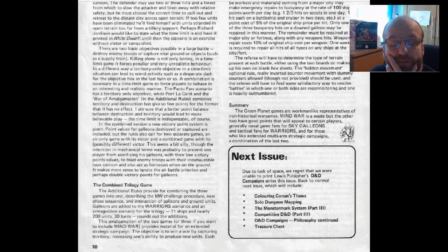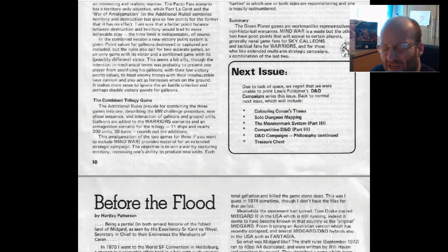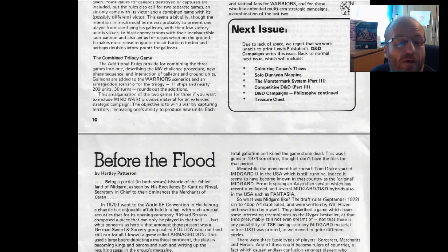Next issue. Due to lack of space, we regret that we were unable to print Lewis Pulsifer's D&D campaign series this issue. Back to normal next issue, which will include colouring Conan's Fuse, solo dungeon mapping, the Monster Mark system. Drop the Monster Mark system. It failed in issue 1. It was the worst bit of issue 1. Give up with it. Competitive D&D, I don't mind reading about that. D&D campaigns, philosophy, fine, yes. Treasure chest, yeah, good. Just give over with Monster Mark. Anyhow,